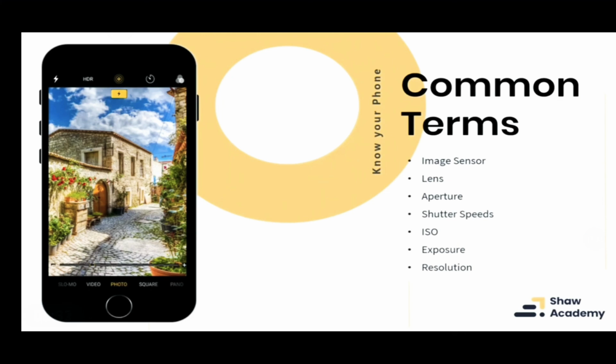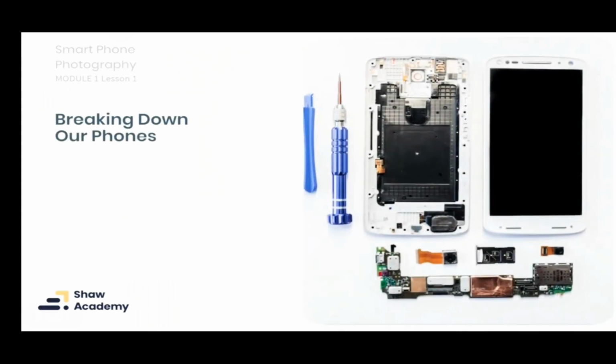I'm sure these are all terms that you may have heard before, and certainly if you are using a camera like a DSLR or a mirrorless camera, you may have come across these terms as well. But they work a little bit differently within our smartphone, so it's really important to understand what we're able to achieve within our smartphones and what our limitations are as well, so that we can get the best out of it too. And the first thing to have a look at, of course, is our image sensor.